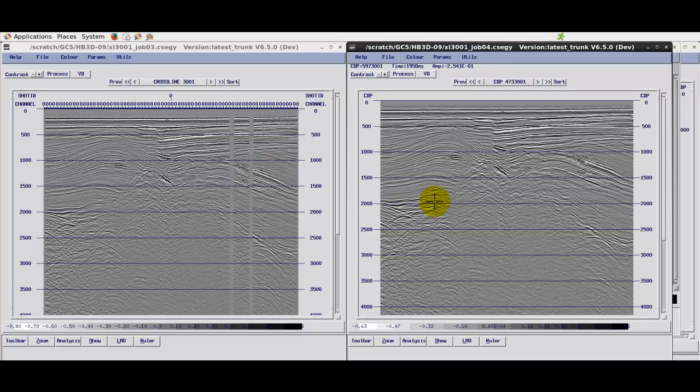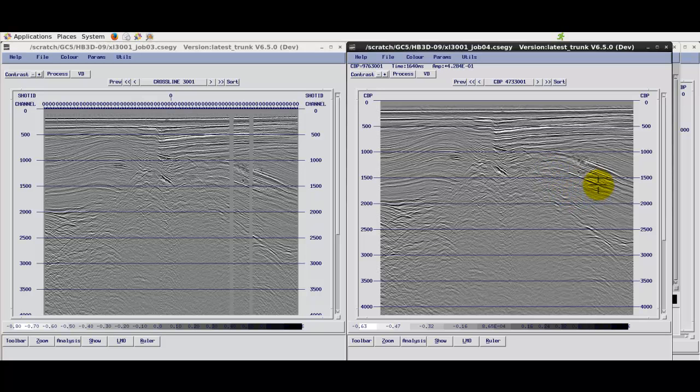Then we go across onto the 5D interpolation result. Generally the striping and I guess the acquisition footprint has been removed slightly. Less obvious on this dataset, or completely removed in places such as over here. And again, these missing traces up through here have been successfully interpolated. The two areas where full sail lines are missing again have been quite well interpolated. The general trend of the seismic is continued across and